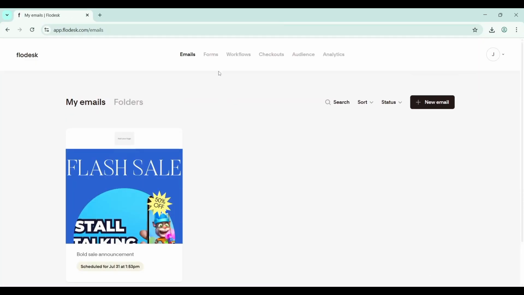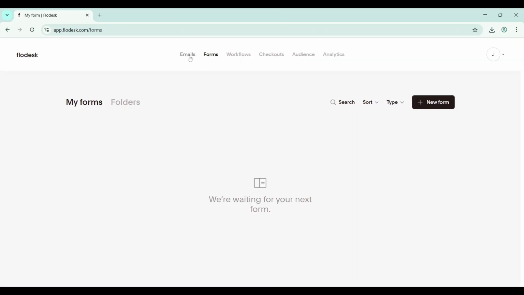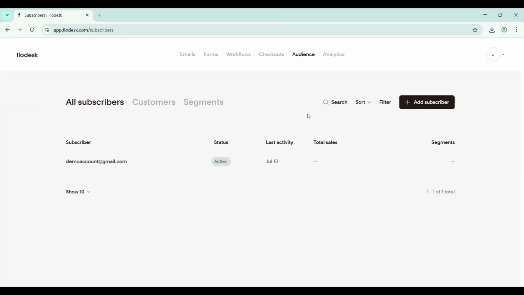Click on audience right on the right side. And then from clicking on audience, you have to go to all subscribers and then go to add subscribers. On the right hand side, click the add subscribers button right here, and then from there you just have to choose